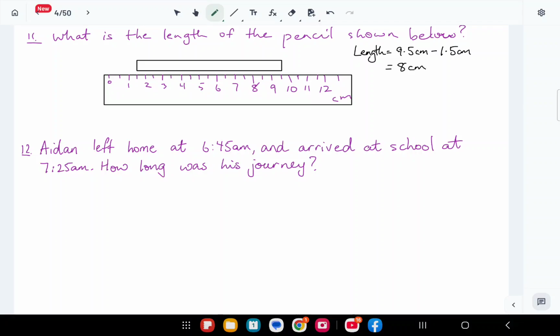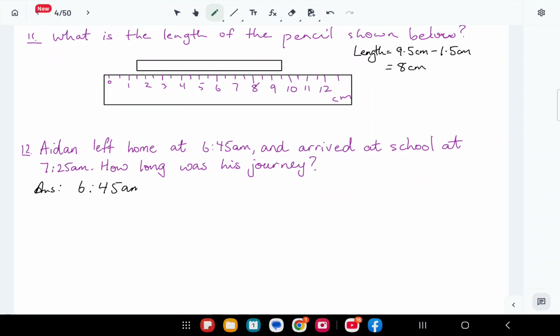Number 12. Aidan left home at 6:45 a.m. and arrived at school at 7:25 a.m. How long was his journey? To calculate the length of time, we can say